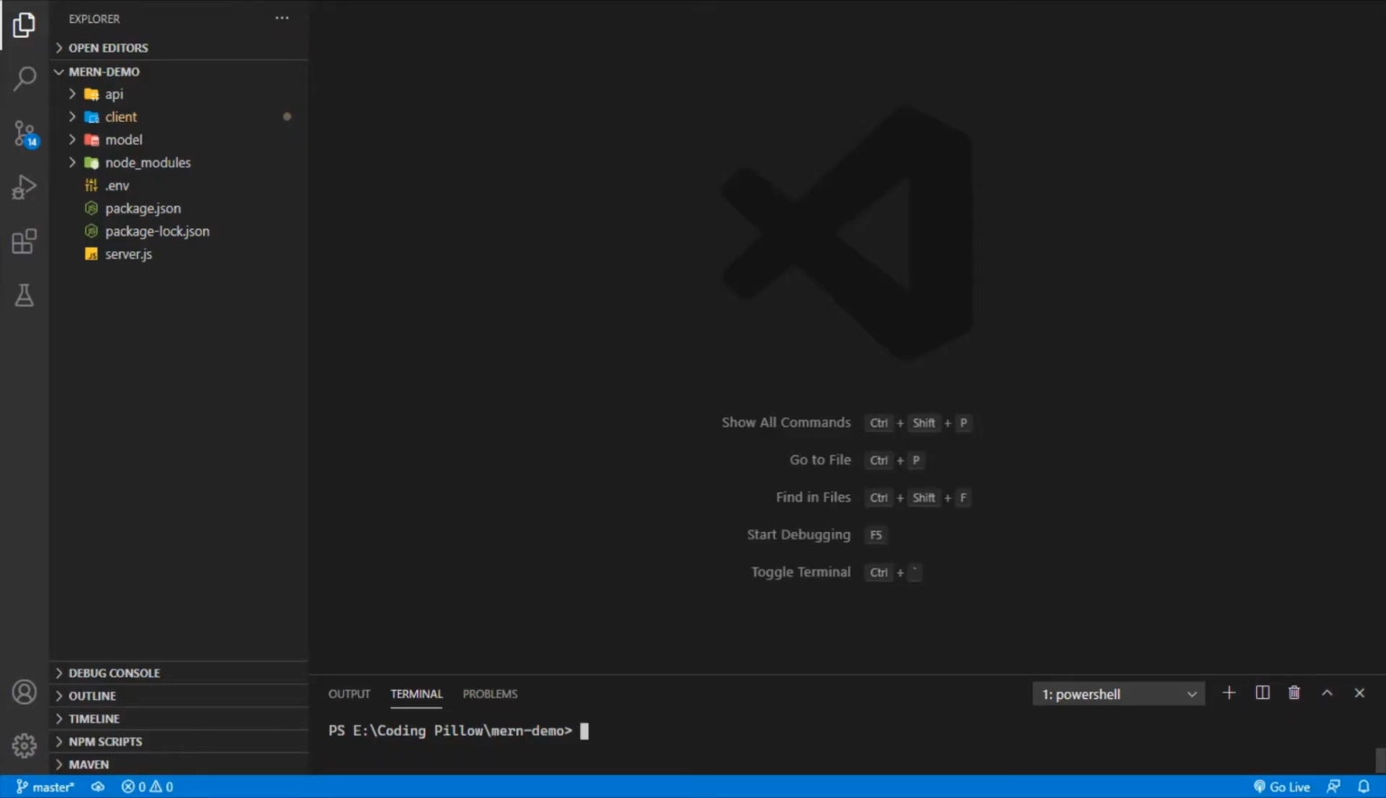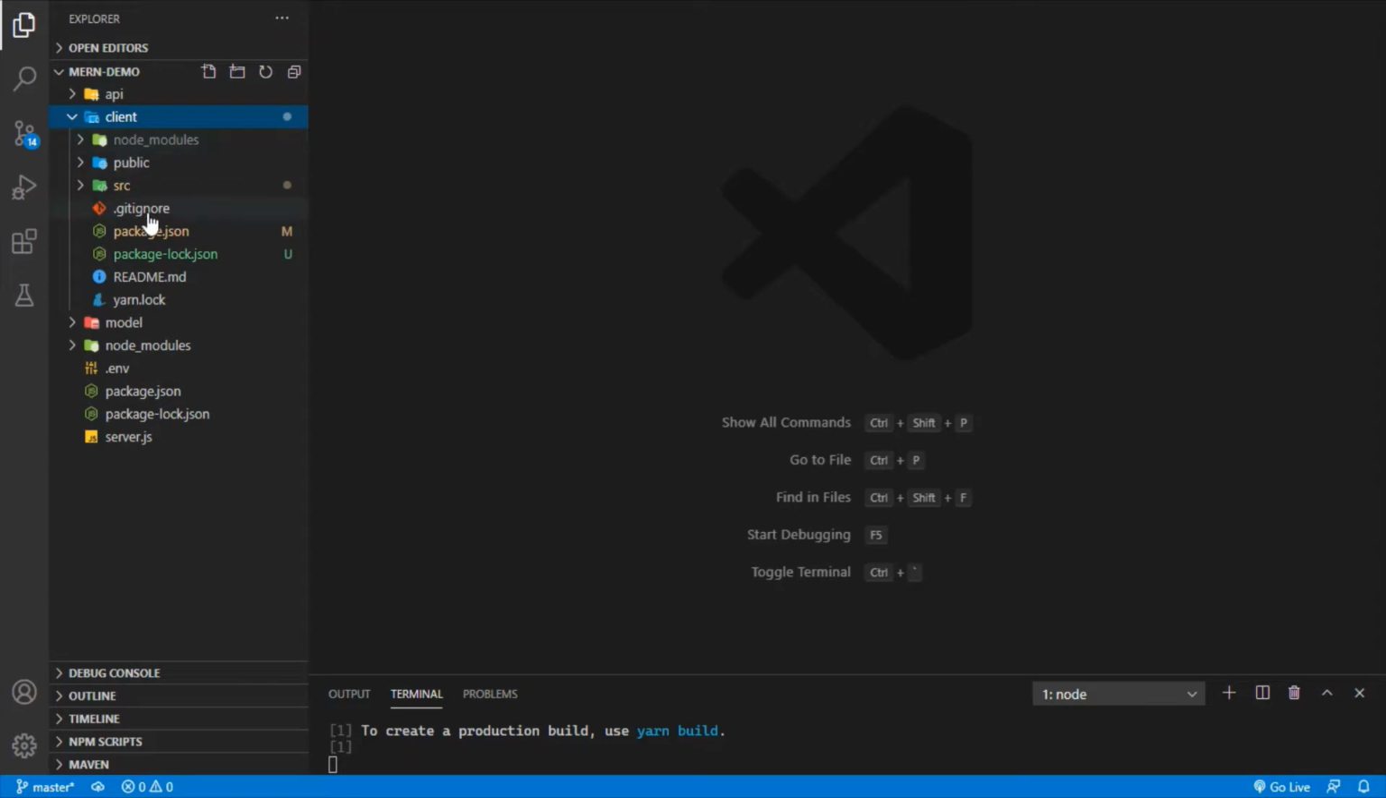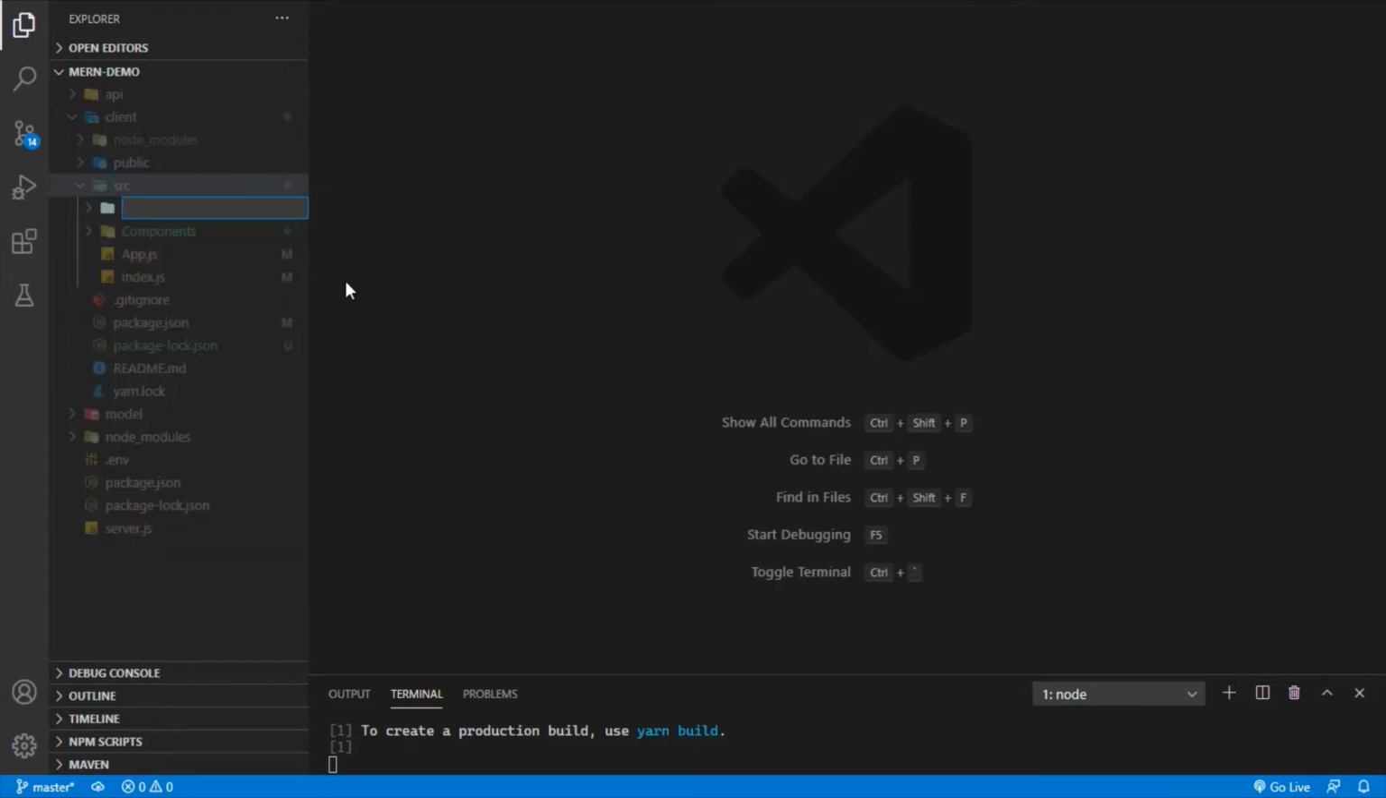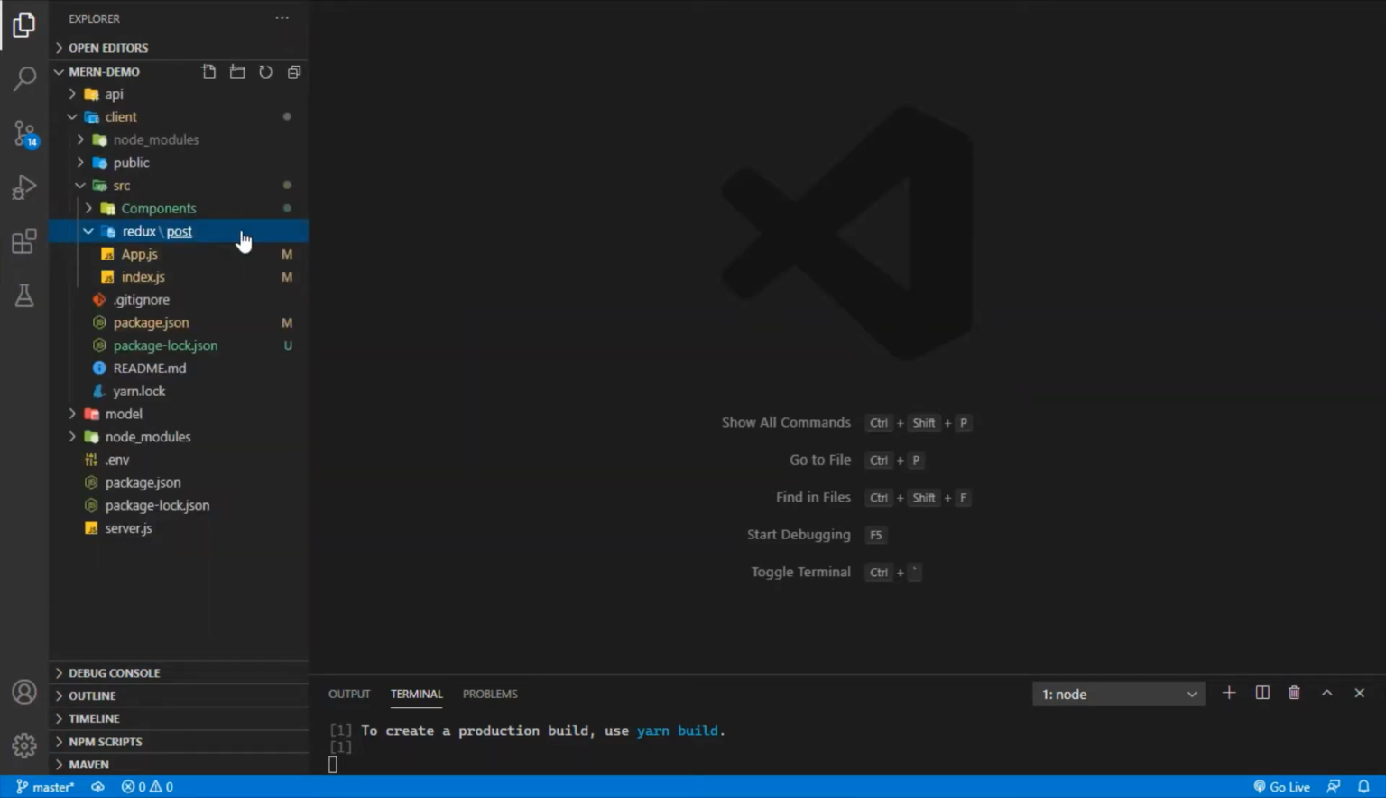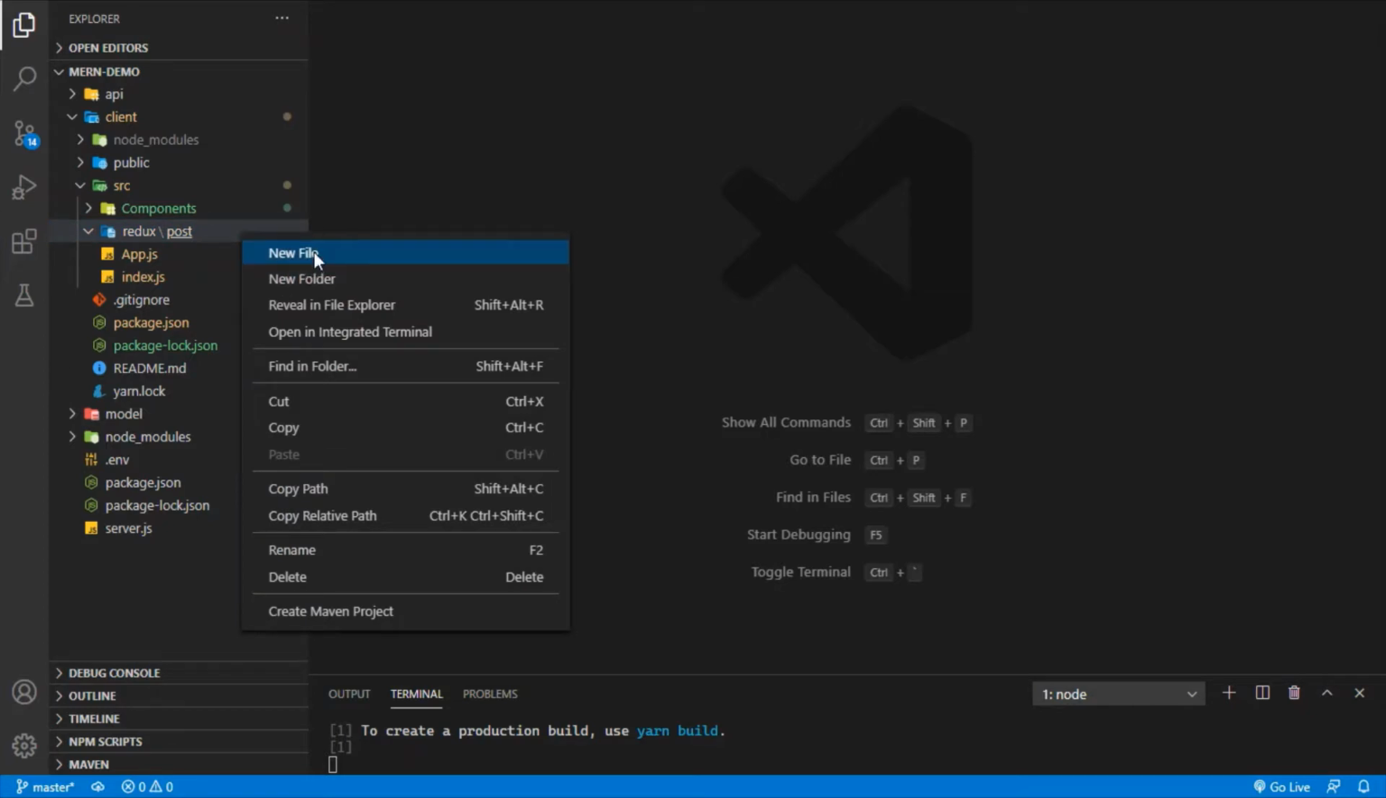So we are in our project folder, and first of all let me start my project. So my server and front end is running. Now I'm going to go to the client. So for the Redux part, we are going to create a folder called Redux, and then in this folder we are going to create a new file,